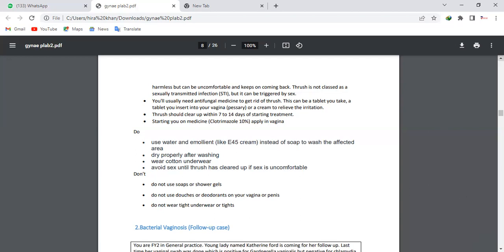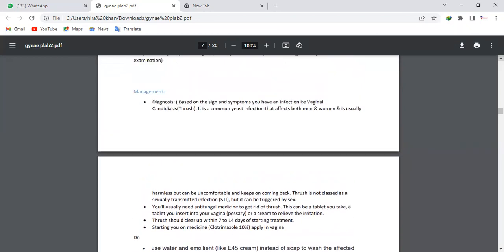Okay, so any questions up till now, people? Hera has covered all the points, and it was really good. One more thing, people: if for example you are discussing it with the patient and the patient says, well, doctor, tell me, is it a sexually transmitted infection? Like while you were taking history she keeps on asking, is it a sexually transmitted infection? How are you going to deal with her? Let me choose one of you who will answer this question: how are you going to manage the patient if she says abruptly, am I having an STI?